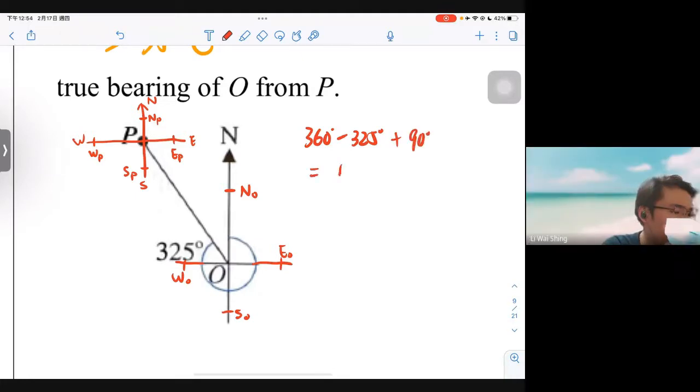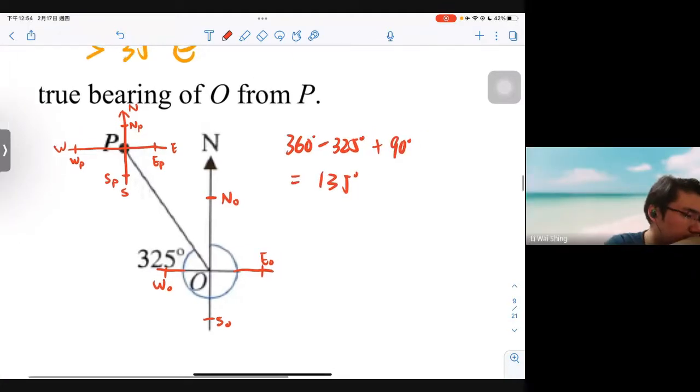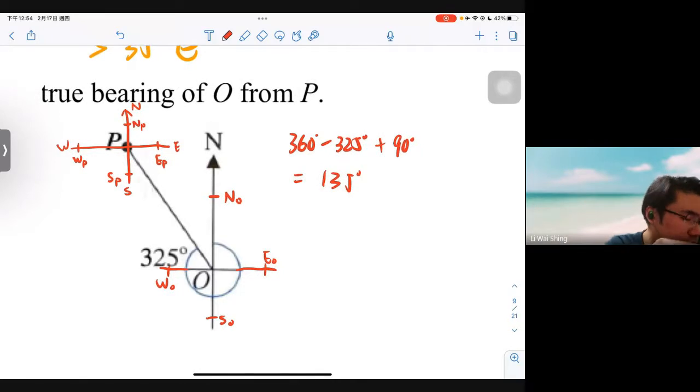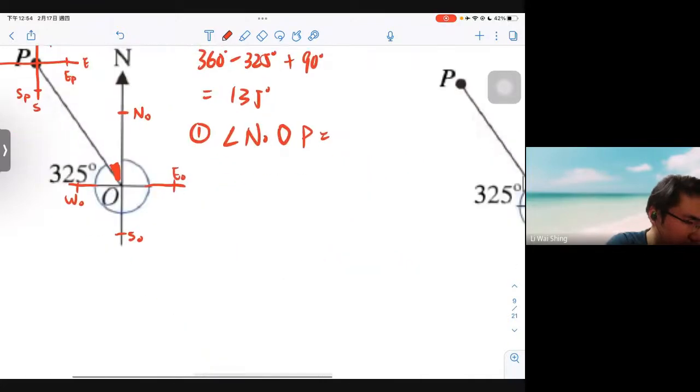Okay, so I know the answer is 135 degrees, but better write down the steps, maybe. Step one: you're finding this angle here, angle NOMP is equal to